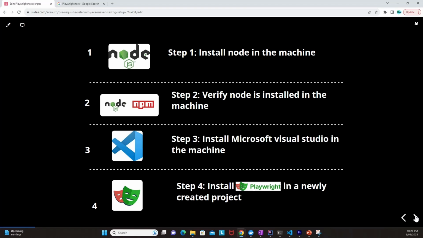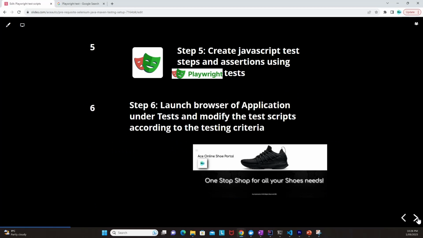Now, Microsoft Visual Studio Code is one of the most widely used integrated development environments in organizations as well as in the world. And step number 4 will be installation of Playwright in a newly created project or a folder. We'll be looking at that particular step. Step number 5 will be create JavaScript test steps and assertions using Playwright. Step number 6 will be launching of the browser of the application under test and modify the test scripts according